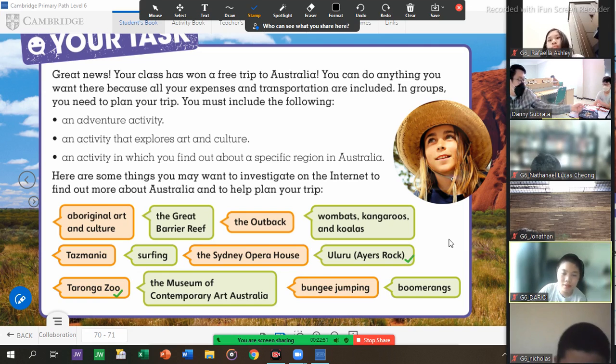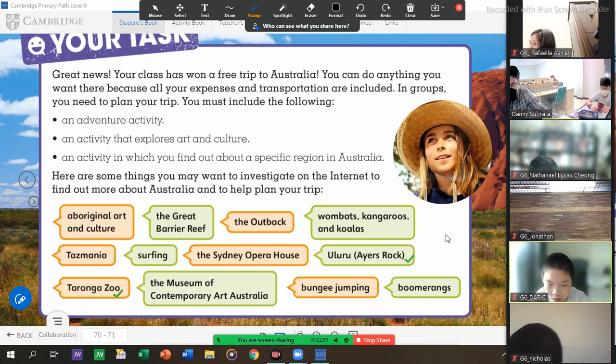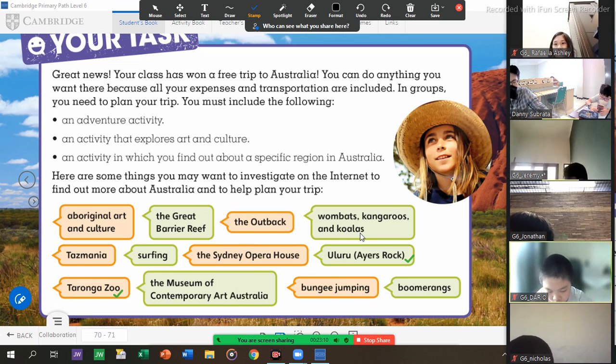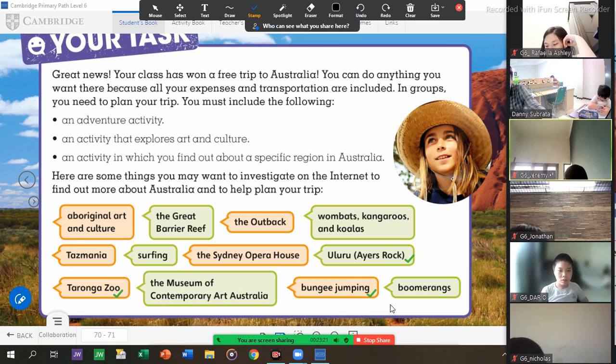If you want to know, find it on Google. Search it on the internet. Okay. This is about the adventure activity first. Let's choose. Where should we go? I'm taking votes. I'm putting a check mark for each one that you want to go to, and we will go for the most. Which one is it, Jeremy? Bungee jumping. Okay, let's put one over there. What else?